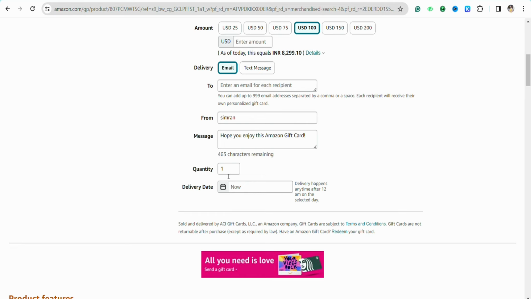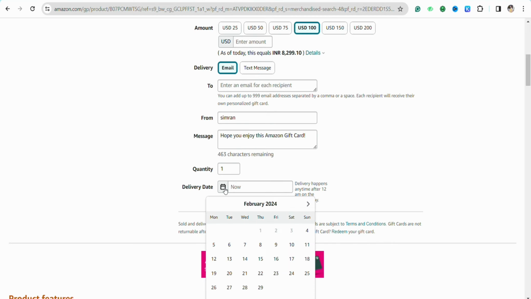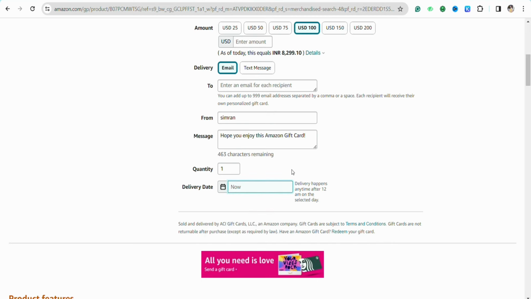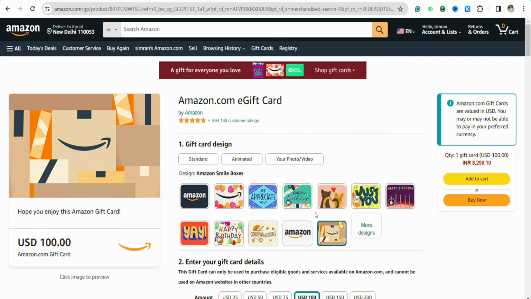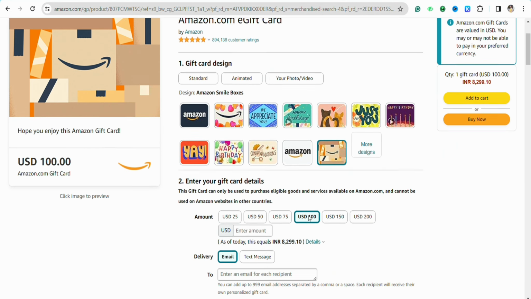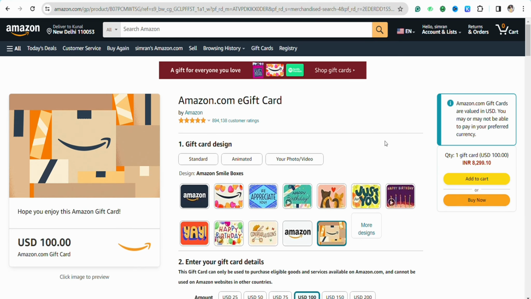and just select the quantity of the card that you want. And you can also select the delivery date either from the calendar given below, or you can select now, because it's an e-form of a card, it won't take much time as I told you earlier. And once you fill in all these details, just click on add to cart, and then your card will be sent to the email address that you have mentioned,